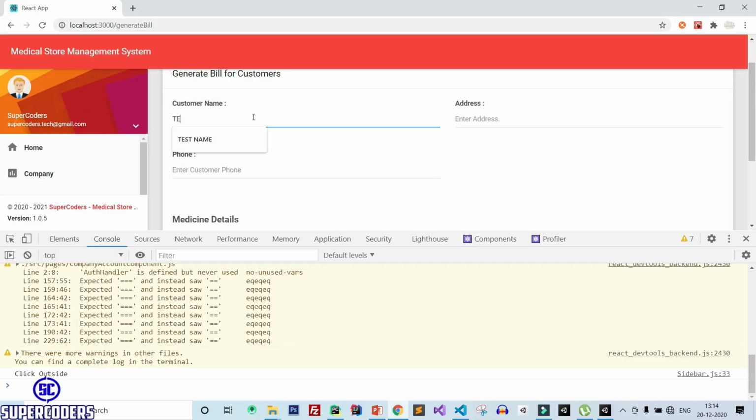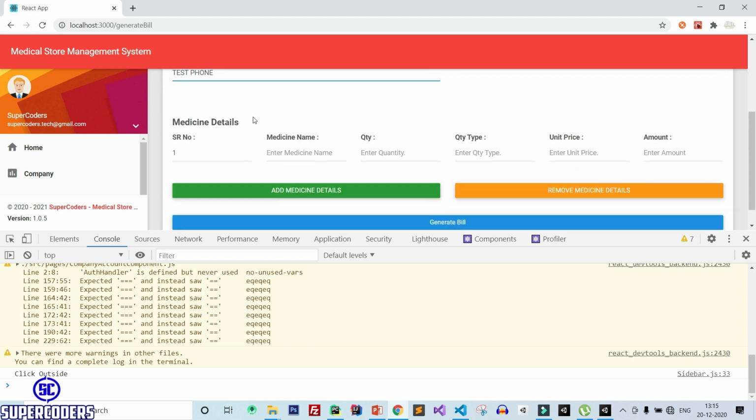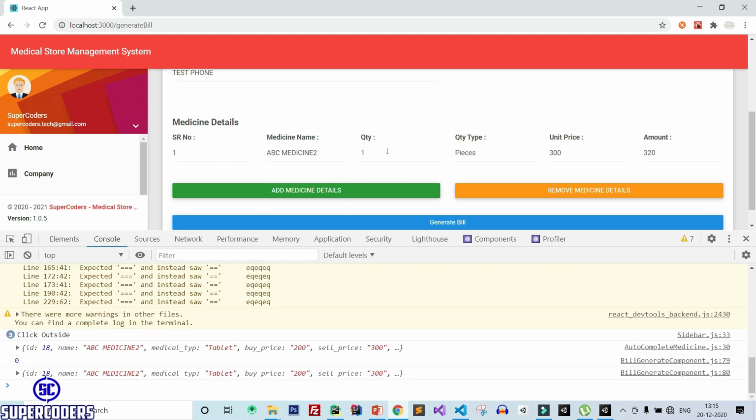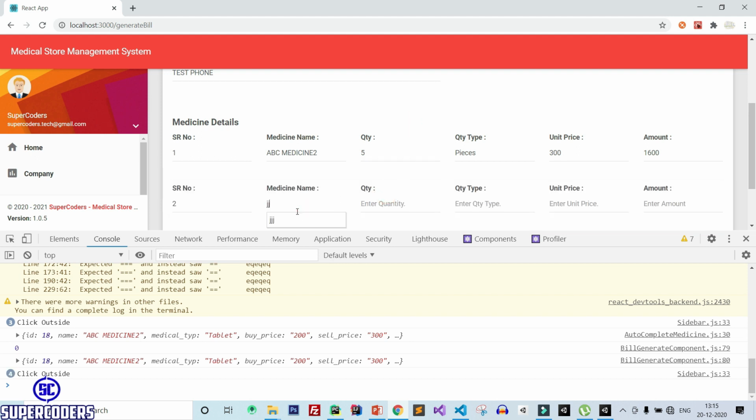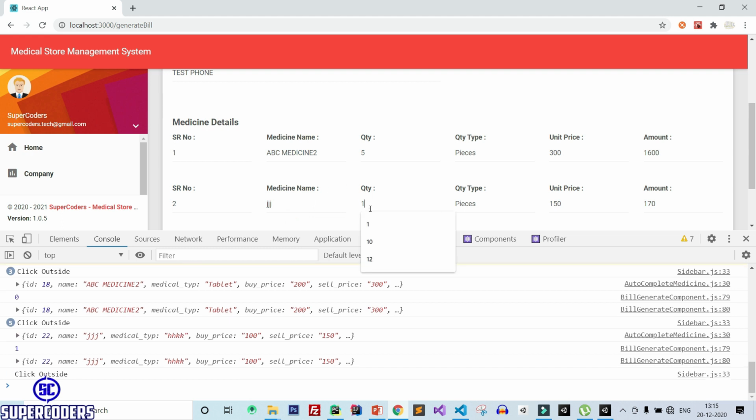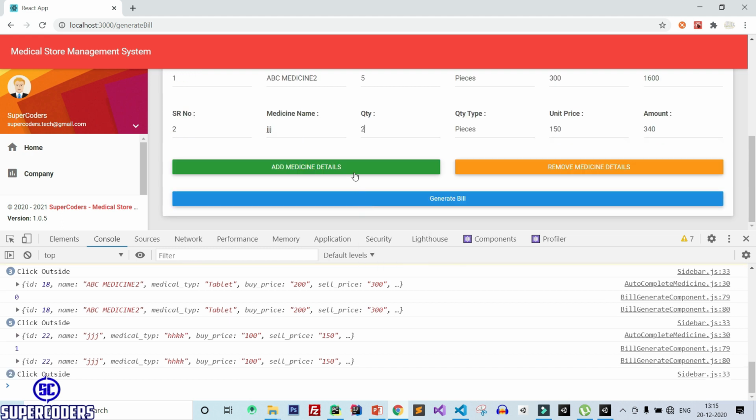So test name, paste address, paste phone, and here medicine 2, change this to 5. Next medicine JJ, change this to 2.